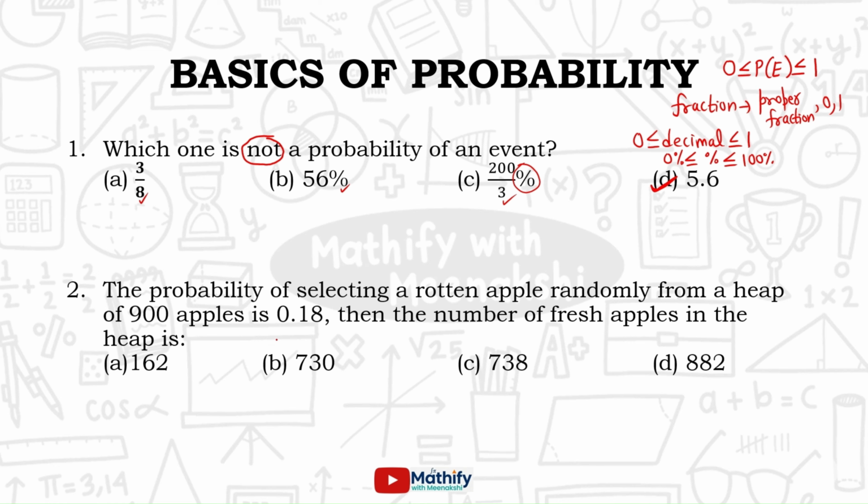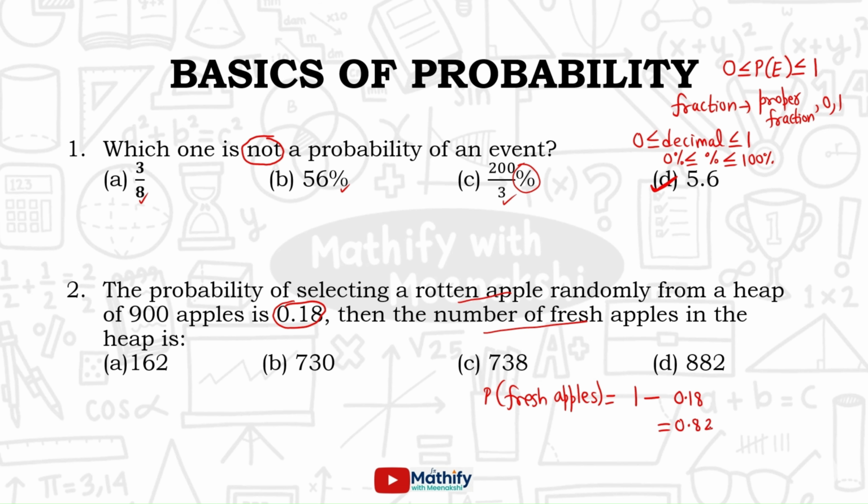Now let's move to the second question. The probability of selecting a rotten apple randomly from a heap of 900 apples is 0.18. Then you have to find the number of fresh apples. Let's first find the probability of fresh apples. Now we know the probability of fresh apples is 1 minus the probability of rotten apples. That is